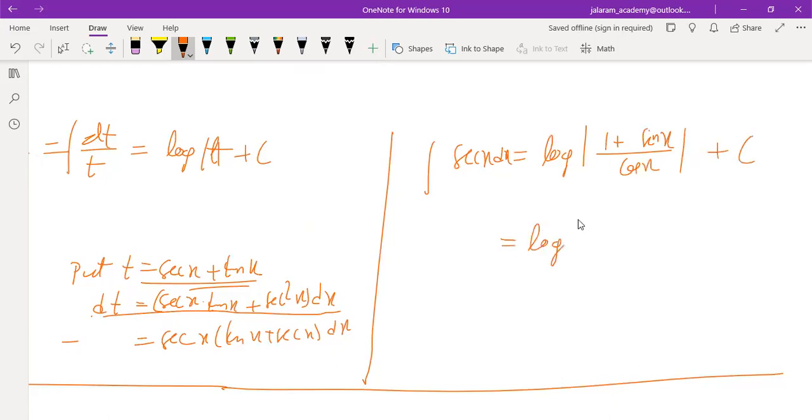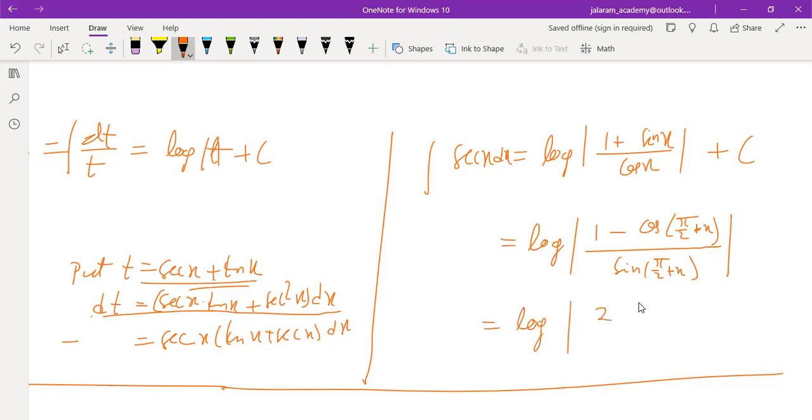So how to simplify it? If in place of this plus, we write minus. These are all very important questions. These are not only formulas, but these are questions also. So if we use cos pi by 2 plus x, we know that cos pi by 2 plus x is minus sin x. So in place of sin x, if we write cos pi by 2 plus x, it means minus cos pi by 2 plus x. And in the denominator also we have to change the same. So sin pi by 2 plus x, and we know that it is equal to cos x. So we can write log.